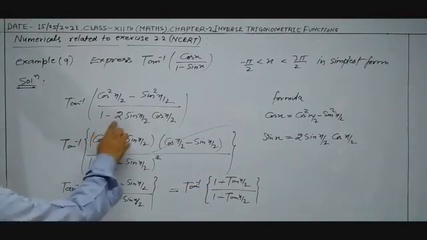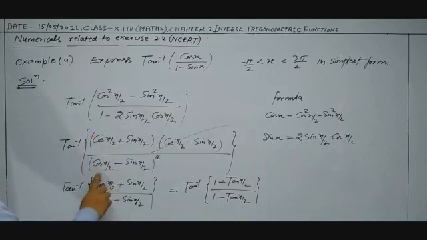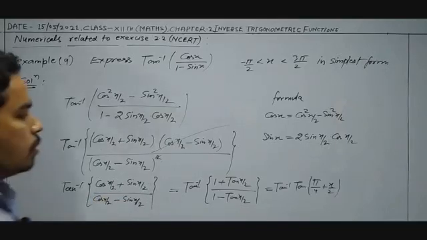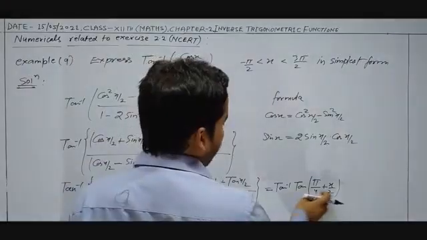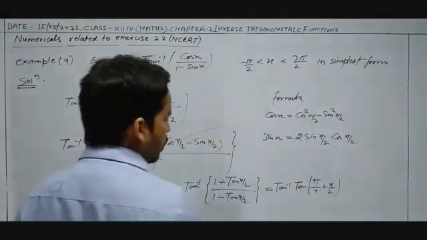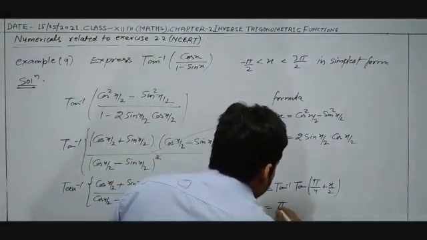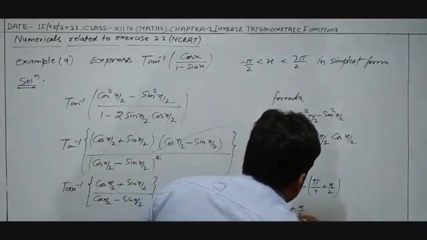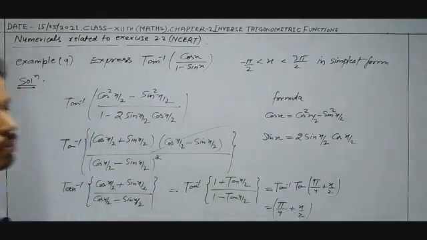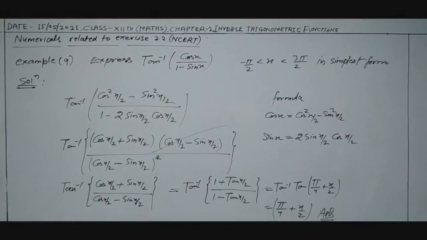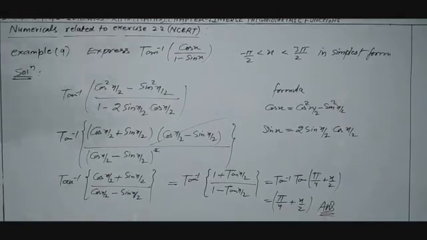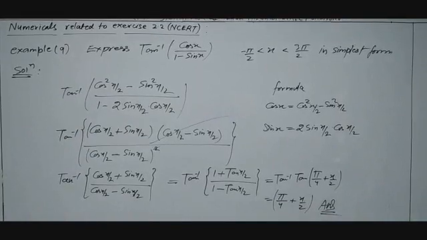This will be a minus b whole square. So there is a mistake. This will be minus and this will be plus. So a plus b upon a minus b format will be here. So tan inverse tan of pi by 4 plus x by 2. Formula is here. So the result is pi by 4 plus x by 2. So pi by 4 plus x by 2 is the answer, which is the simplest form of tan inverse cos x whole upon 1 minus sin x.